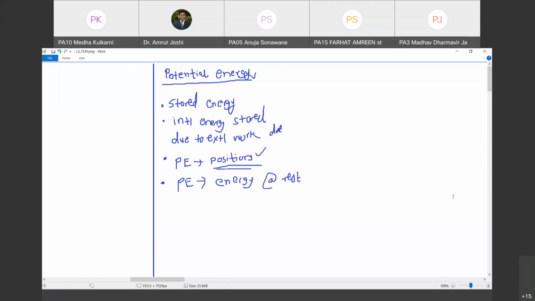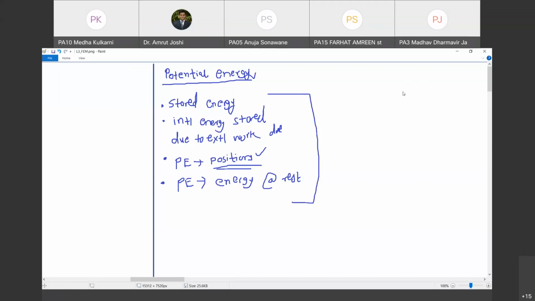The energy stored in the body when work is done. That's what Ganesh says. Okay. Energy stored by the object with respect to position relative to other objects. Okay. So most of you have tossed all these answers. Shubham Tekar says energy stored which depends upon the relative position. Okay. So I have written down most of the responses.